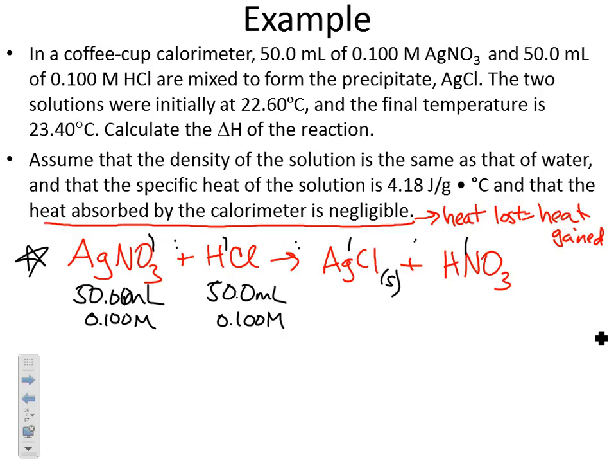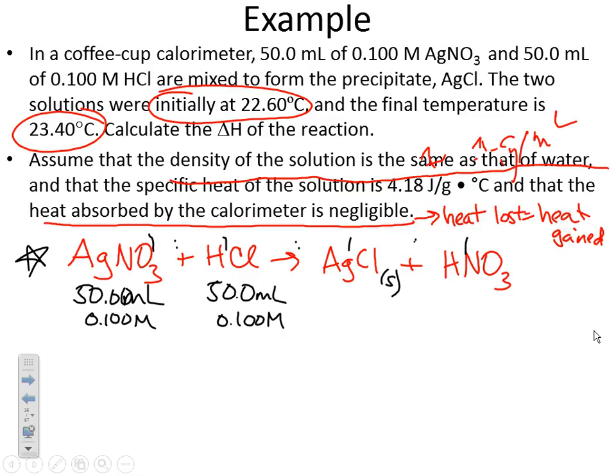And then what other information do we have? Well, we have an initial temp of 22.60 degrees Celsius, and we have a final temp of 23.40 degrees Celsius. Great, they told us that. They said, assume the density of solution is the same as that of water. You should know the density of water. Density of water is 1 gram per milliliter. 1 gram per milliliter. There we go. And that specific heat of the solution is the same as that of water, 4.18 joules per gram